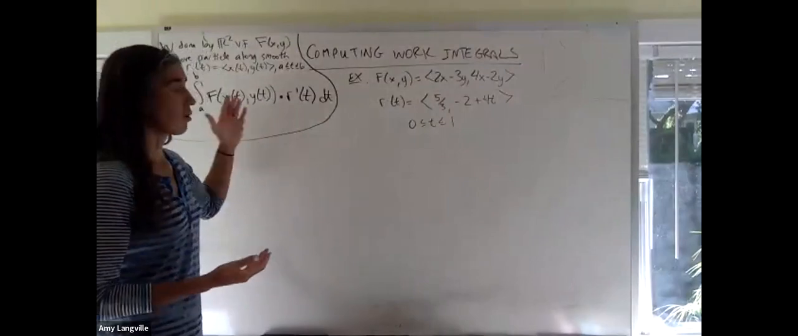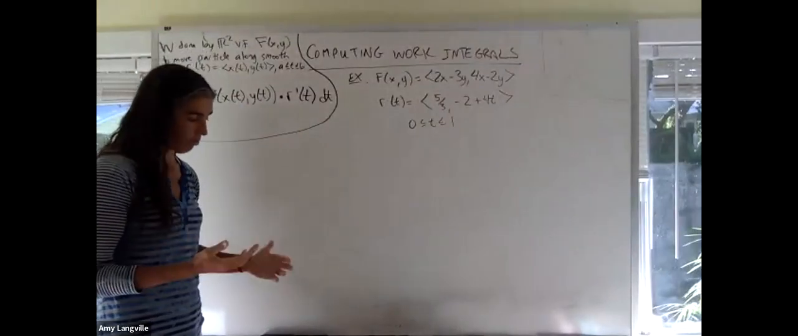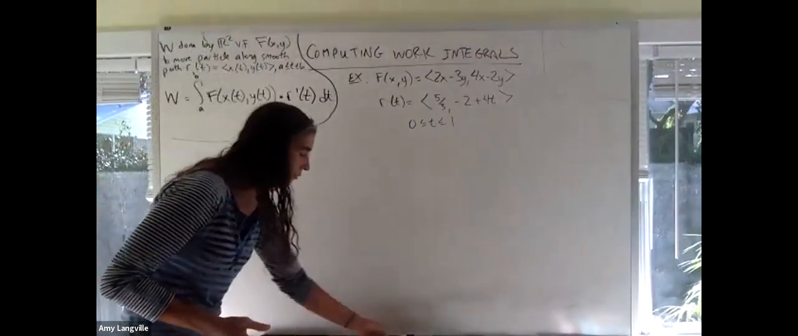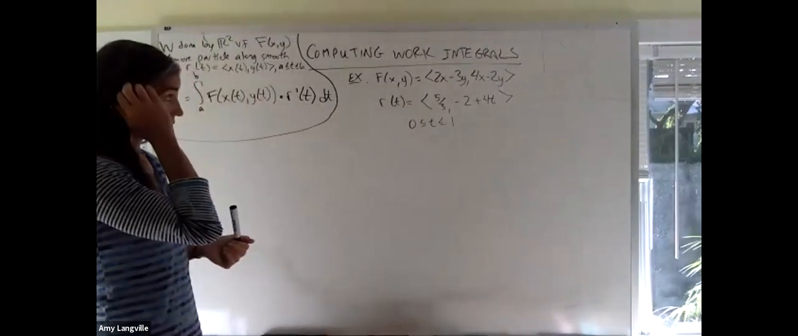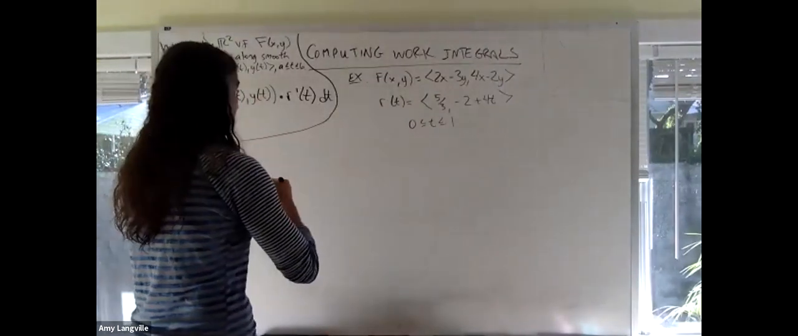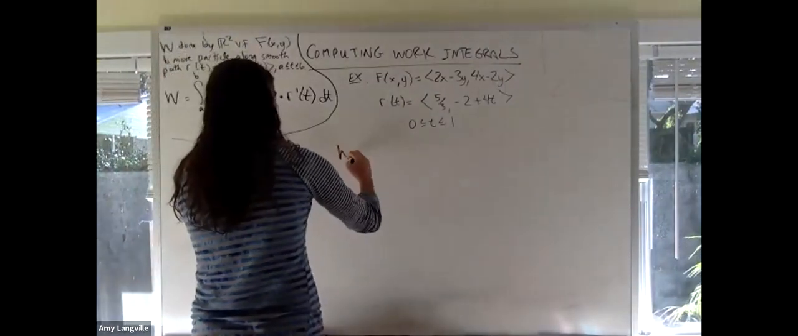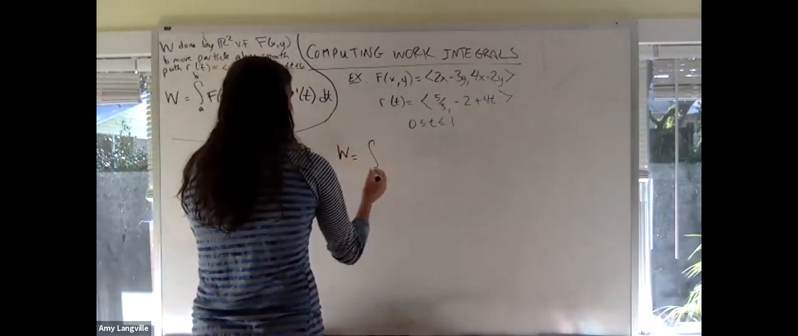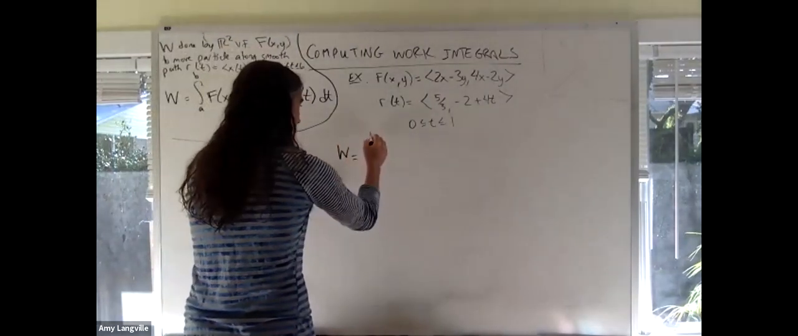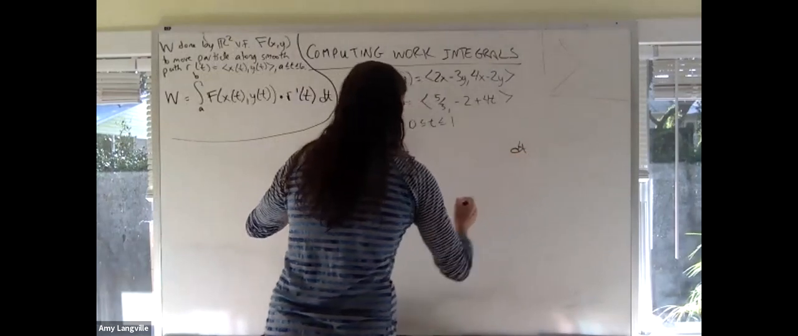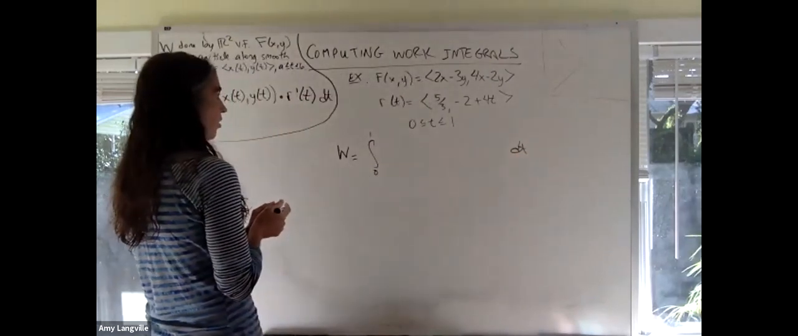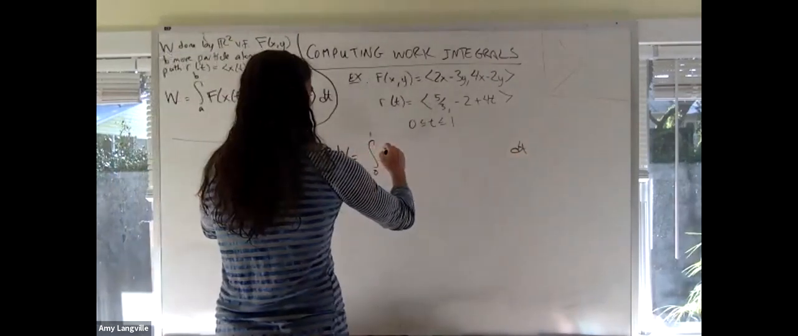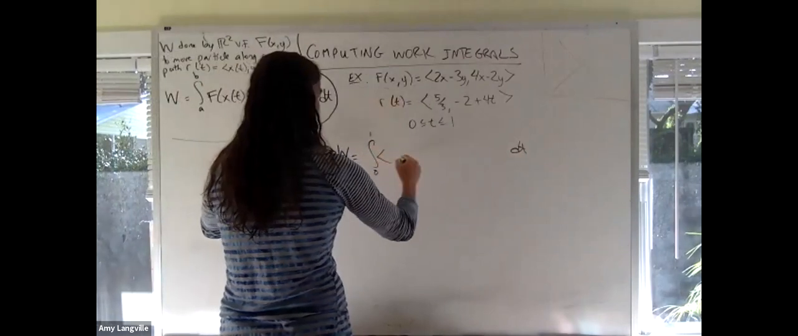And now we have this nice formula that's going to help us quantify. And really, we're just summing up. We're really doing a Riemann sum to infinity. And so to apply this formula, the work will be the integral. t is our parameter, 0 to 1. So this is going to be dt. We are going to dot product the vector field